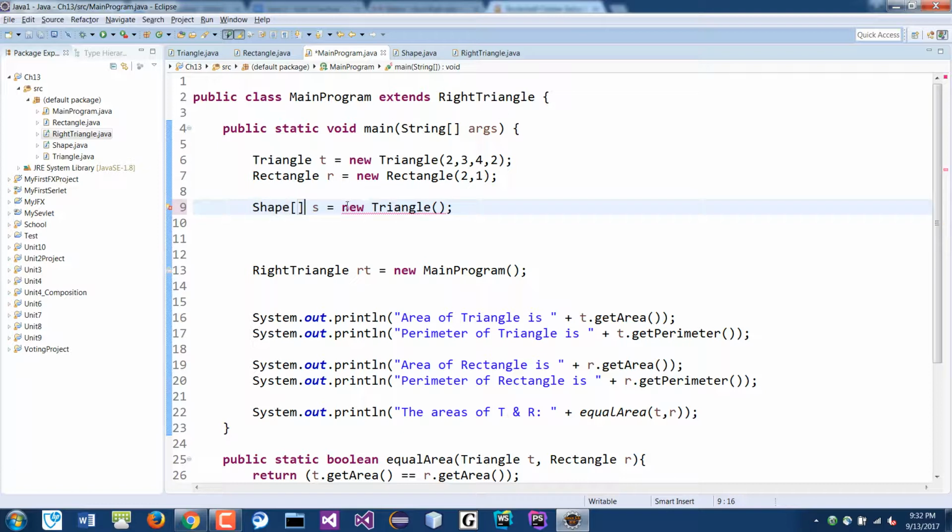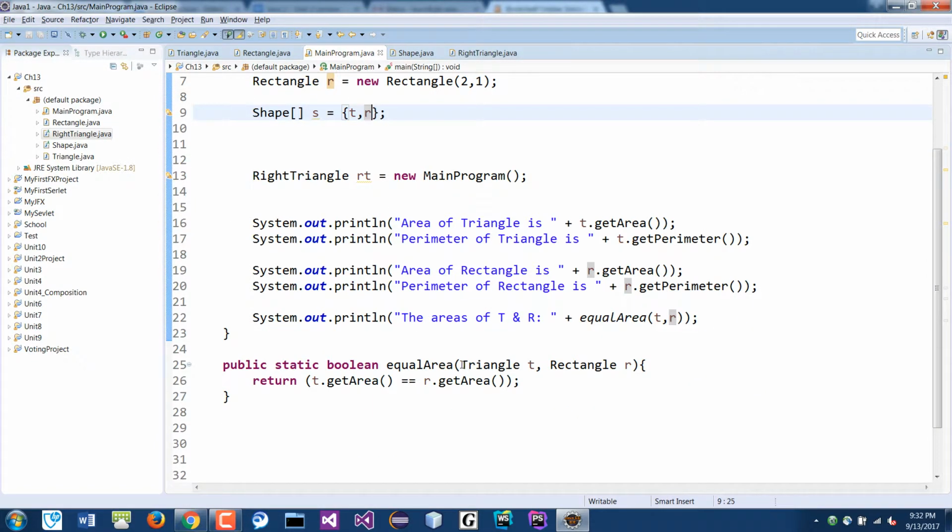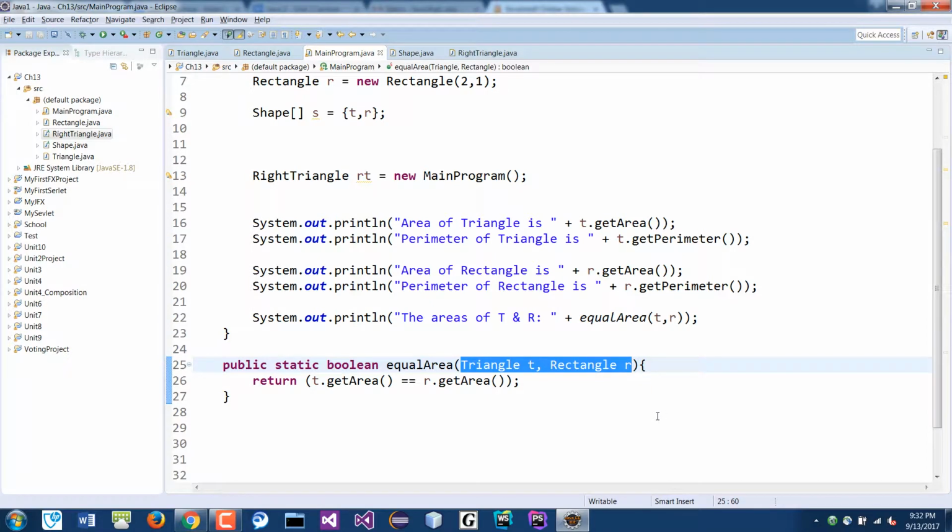And then the array will be comprised of T and R. Because they are the child classes of the shape, the type shape can take the triangle, the rectangle, a circle, the octagon, and all kinds of shapes can be inside the array of S. Okay, so now if I do this, I can easily modify my code here to have just one object